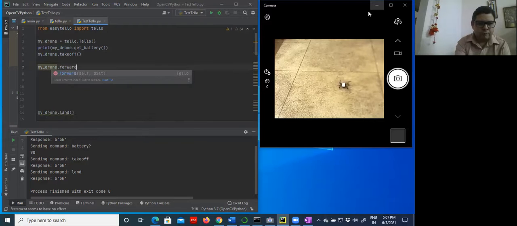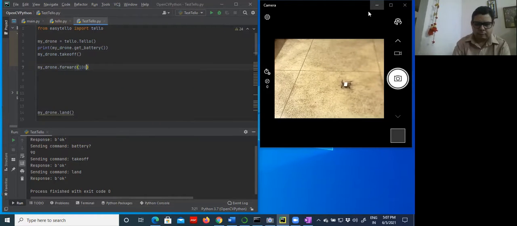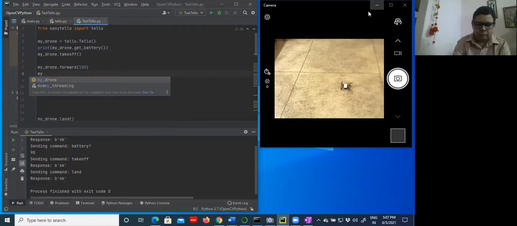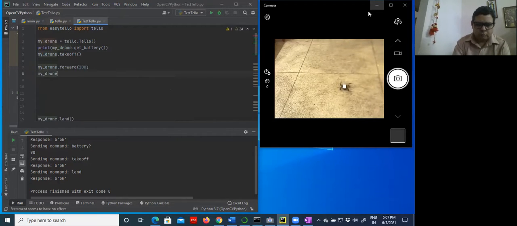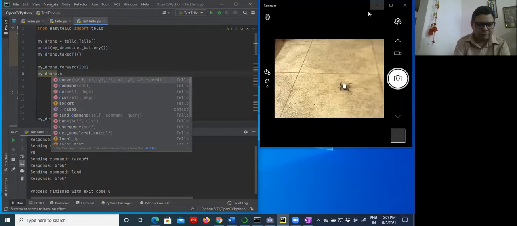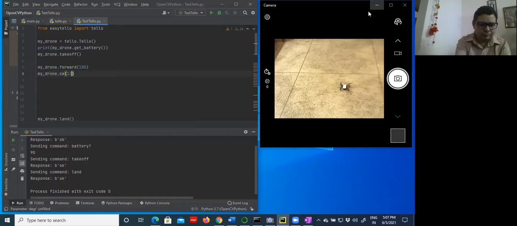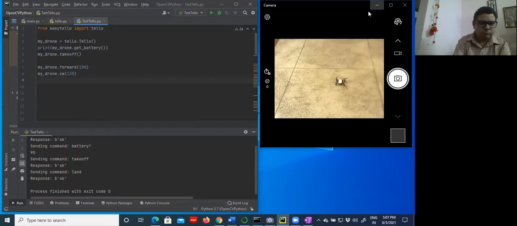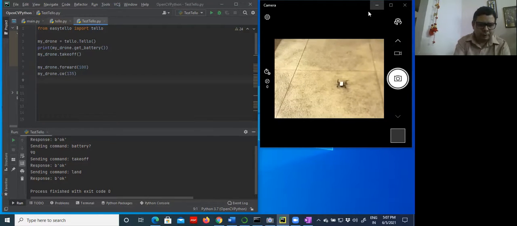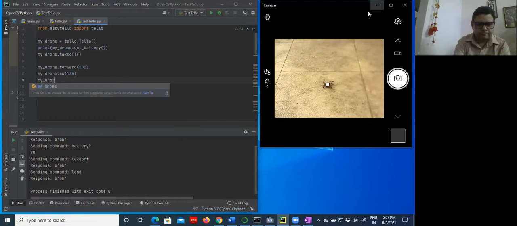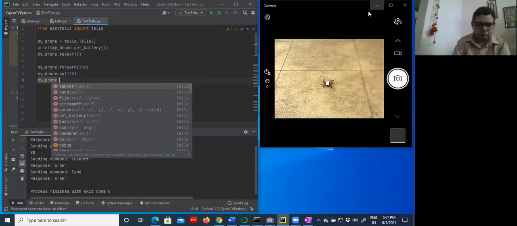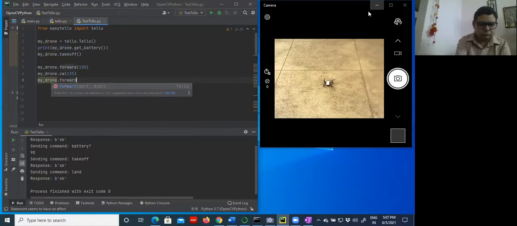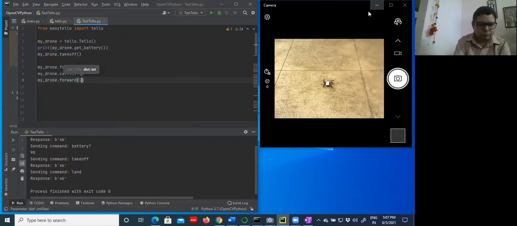Then you have to turn it clockwise by an angle of 135 degree. Then again it will go forward by 141.